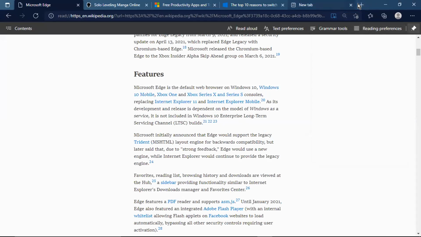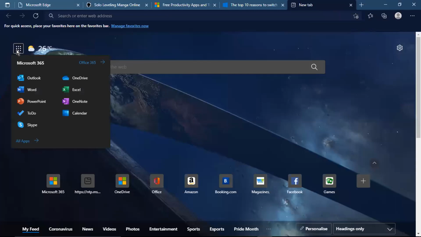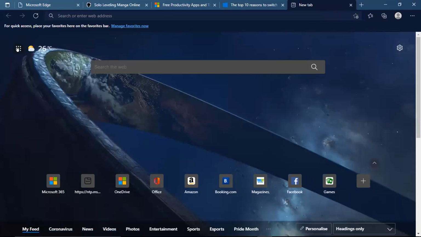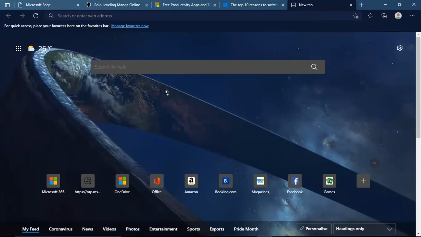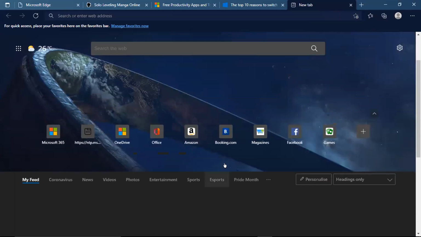Another feature is Microsoft Office. As you all know, we use Microsoft Office overall for everything, like PowerPoint, Word, or OneDrive. In OneDrive, you can store your files, and there are also Outlook and Skype. So there is a bunch of Microsoft apps which are inbuilt in this, which they provide as a software as a service method. And that's the feature. And everything else we have, like the news and all.